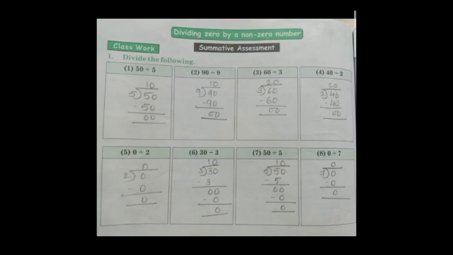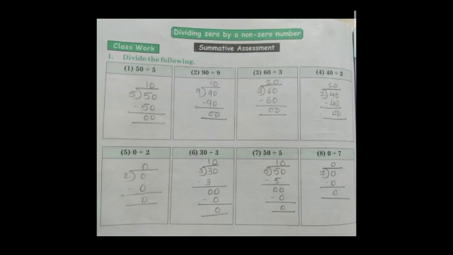Okay. The sixth one is 30 divided by 3. Now this one I have solved by using the single digit number. So it is 3 tens are 30. The seventh one I have already explained to you all. Again the eighth one is 0 divided by 7. So 7 is the divisor and 0 is the dividend, and again it is 7 zeros are 0. Okay, so in this way students you have to solve these questions, dividing 0 by a non-zero number. And students, it is there in your combined book on page number 64.